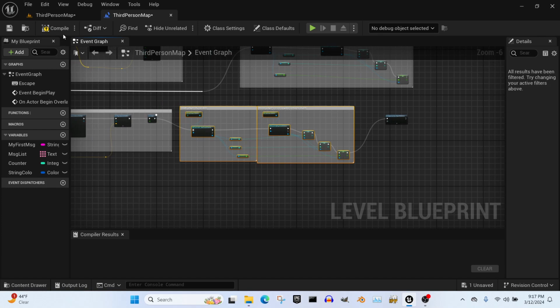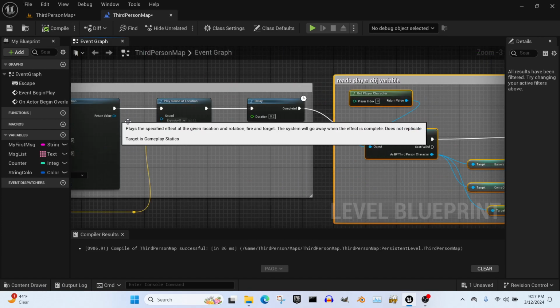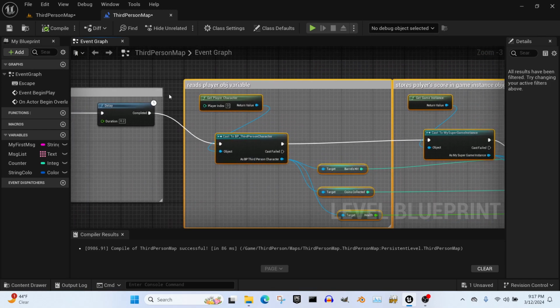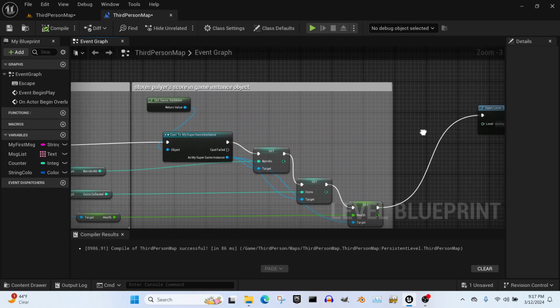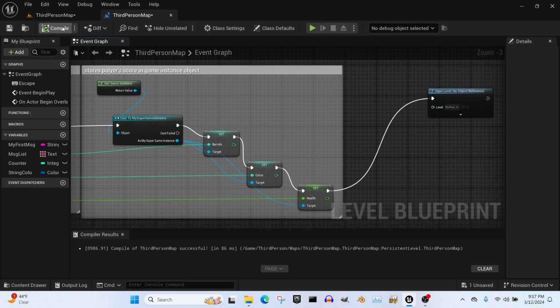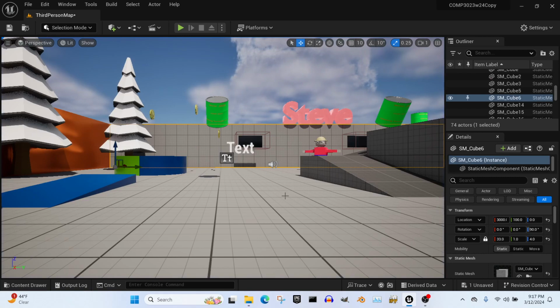So now when the player leaves this level, it should play the sound, play the explosion, wait, and then it's going to read the player object scores, transfer them into the GameInstance object, then it's going to open that level. So compile, I'm going to close it, don't need it open right now. And now if we play this level,